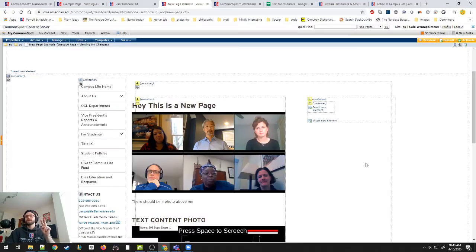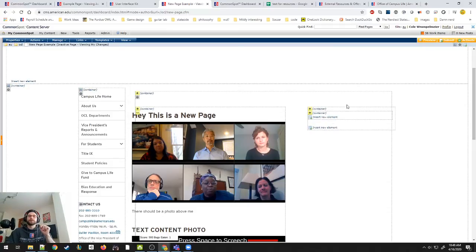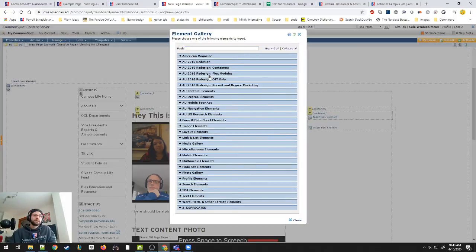So we have 2 flex elements that are super common. They're both called a promo. So we see now we've got these 2, right? So this container over here you can't really mess with. Don't worry about it. It's always important because these can be easy to click on the wrong one. Hover over, make sure it's the right thing that you're trying to mess with. We want to make sure we're adding inside the flex container, this dotted line. Not the bigger dotted line, that's just the right sidebar. So insert new element, flex module.